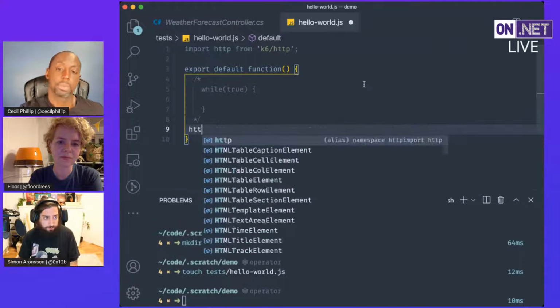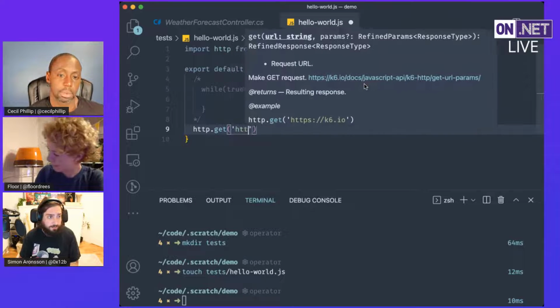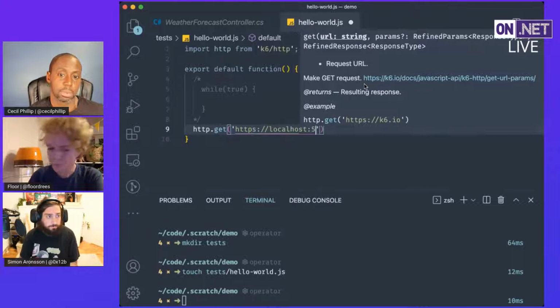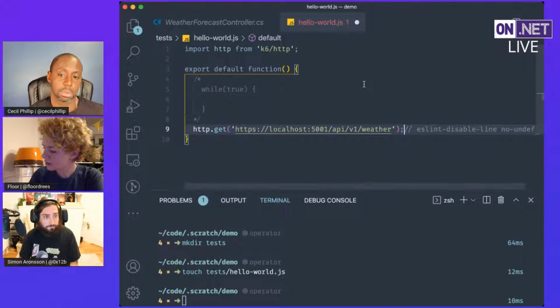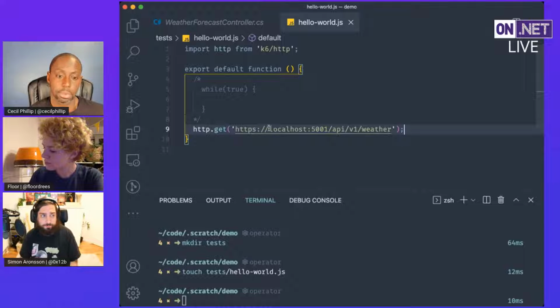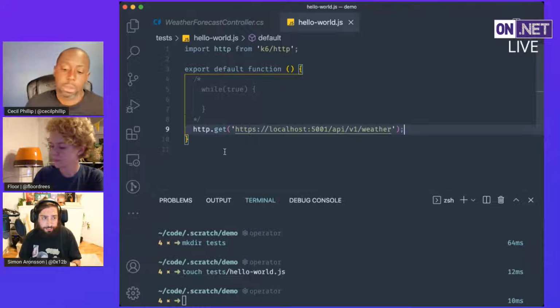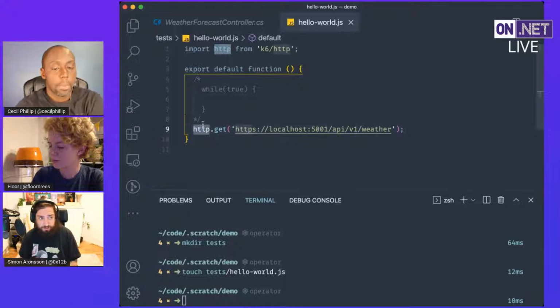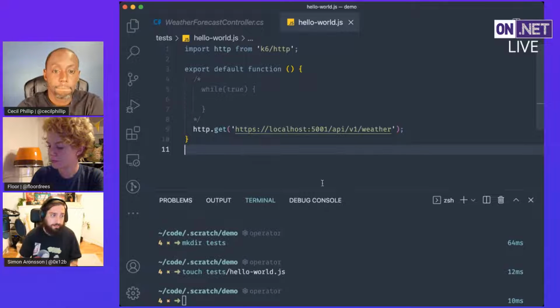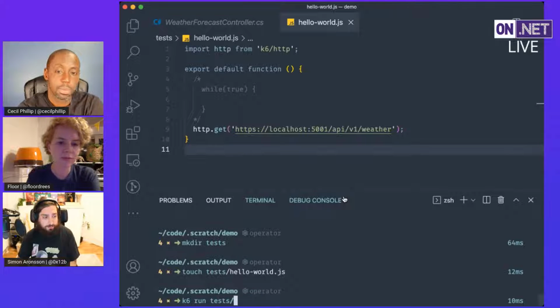So let's use the HTTP client and do a call here against the server we created. All right, so this should be fairly similar to what most people are used to doing in JavaScript in the browser as well. Sure, you won't use the HTTP class, but it's fairly straightforward. If we now go ahead and run this using k6 run, followed by the test name,